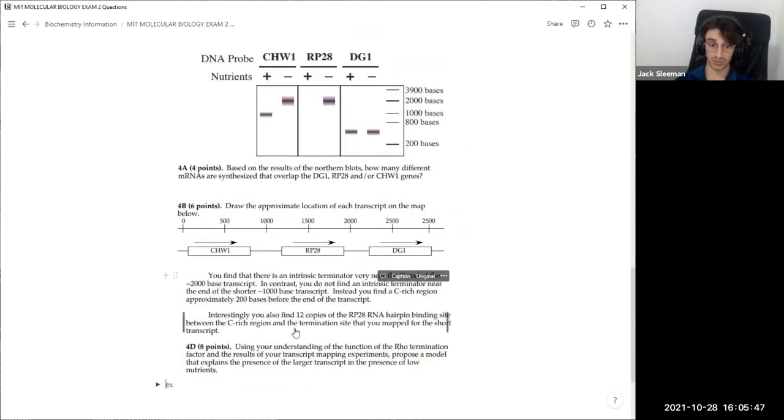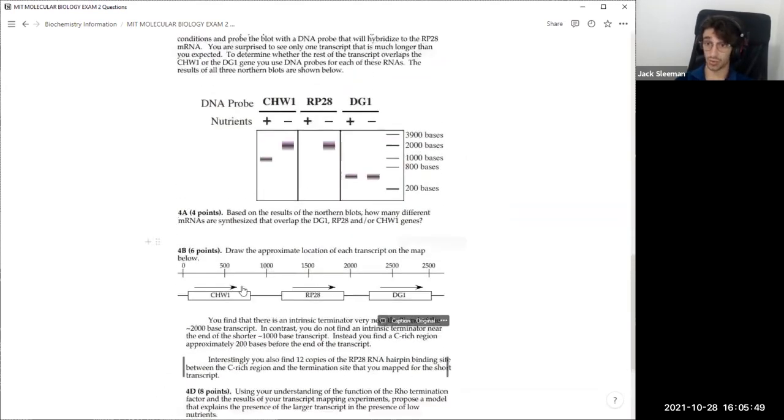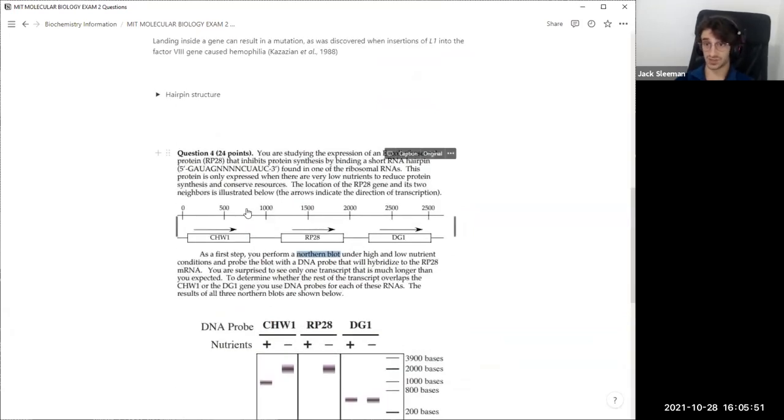What you see is a C-rich region. Cool. What does that mean? So, C-rich region is another indication of rho-dependent termination, right? So what's going on here is, for the 1000 base pair transcript, at the end of it, it got terminated by a rho-dependent helicase. This 2001 that ended here got stopped by an